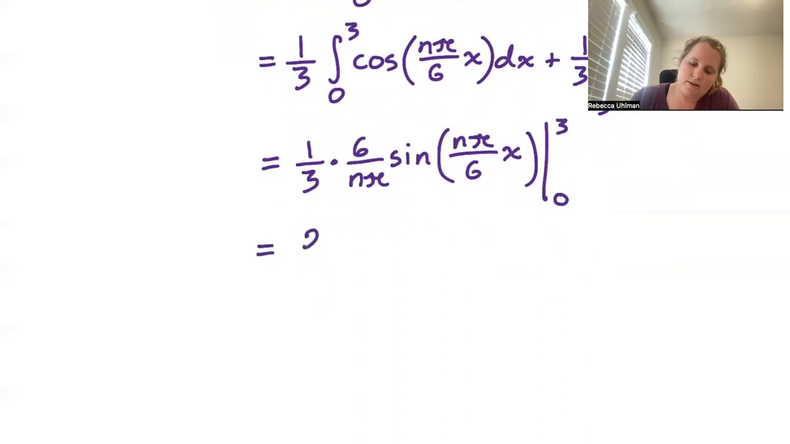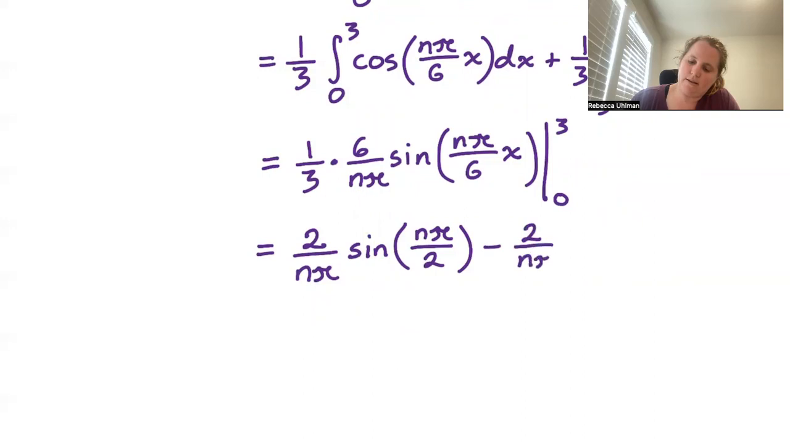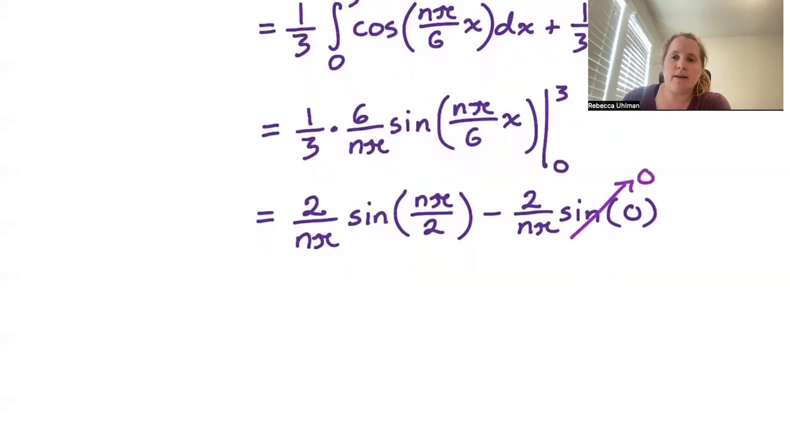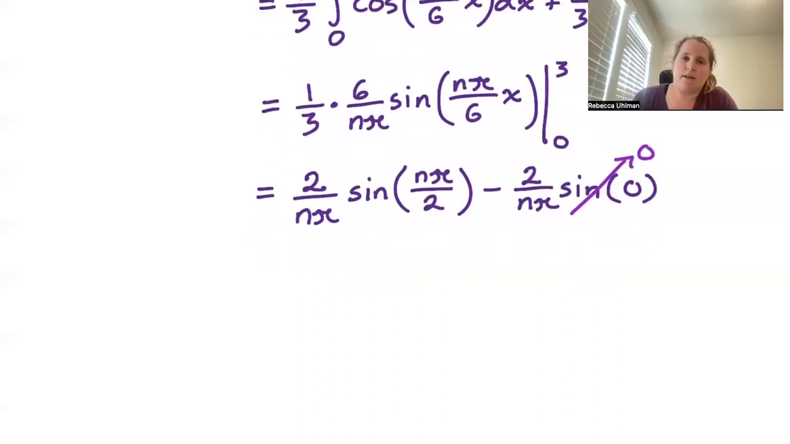So we are looking at 2 over n pi times sine of n pi over 2 minus 2 over n pi times sine of 0. Sine of 0, of course, goes to 0. Sine of n pi over 2 is a little more complicated. So we are looking at,